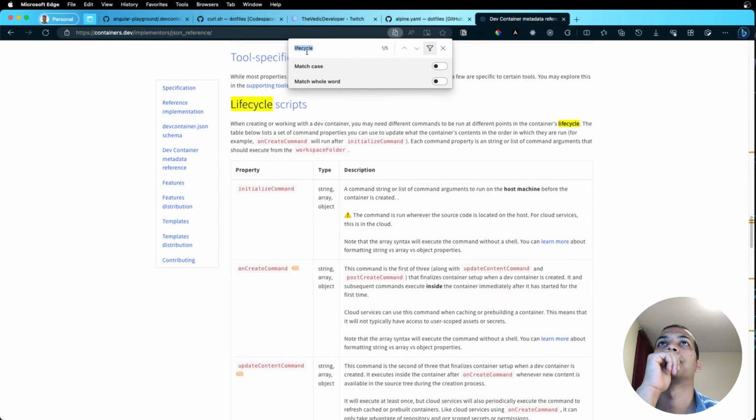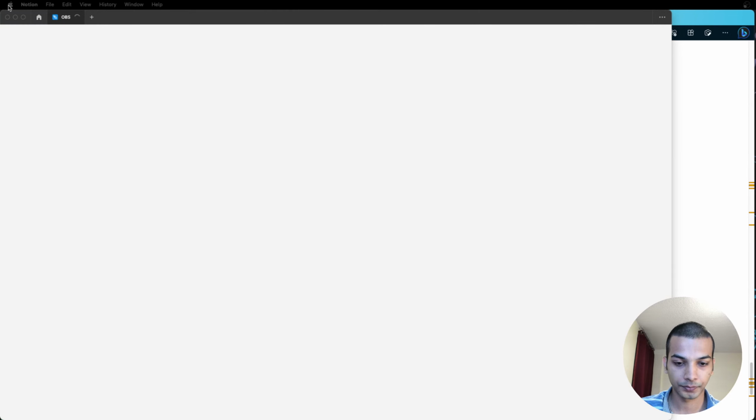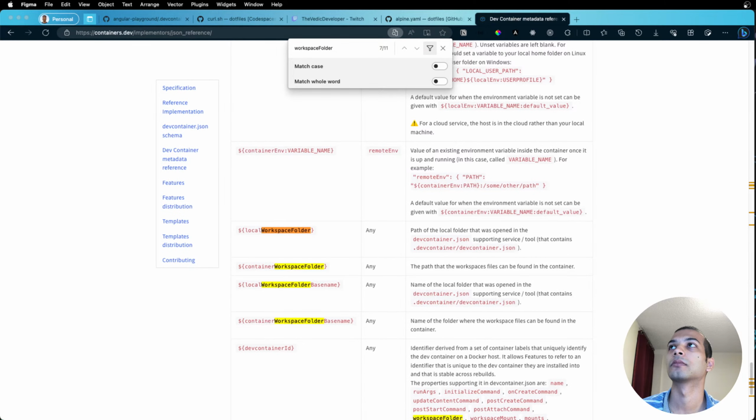And if we just look at workspace folder, so container workspace folder base name, local workspace folder. Okay, what was our output? What was our output? If I check documentations,